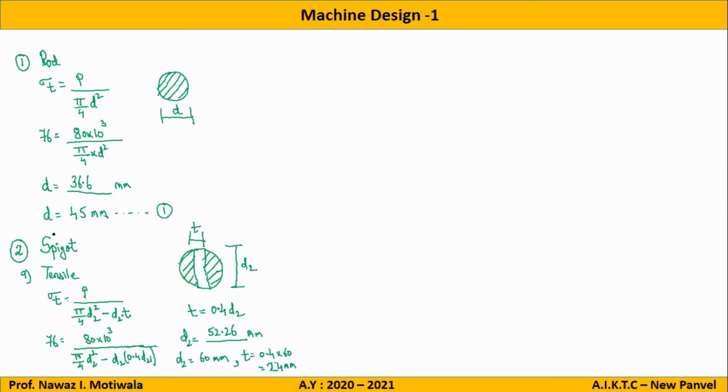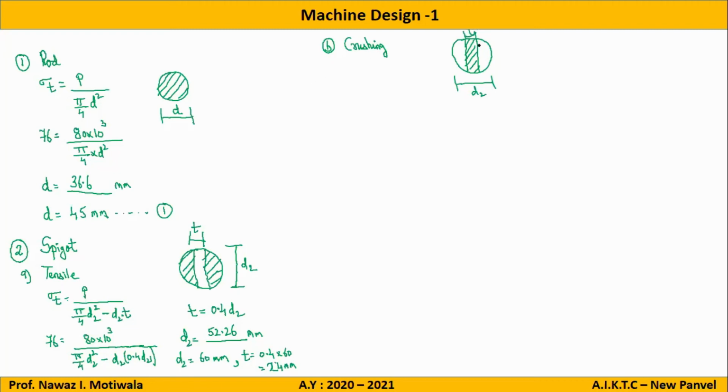Now, we were on the failure of spigot and we have considered already tensile failure. What is the next failure to be considered in spigot? Crushing. Yes, very good. So it will be a crushing failure. And in crushing failure, we have also seen that this will be the area of failure. Just this one. This part will be getting pressed. This we have seen. So this is D2, or the diameter is D2, and this is T.